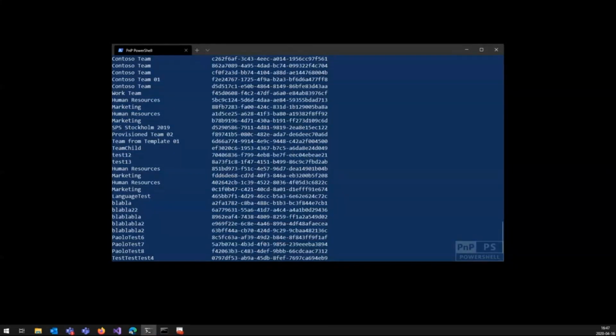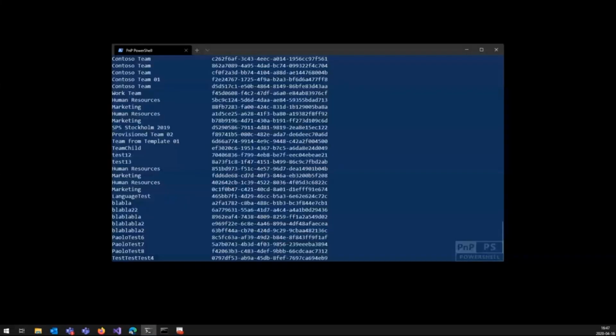What is this fixing? What was wrong in the old model? Just to recap for those who are not super familiar with the PnP PowerShell. Well, there's nothing wrong as such, but this will make your life just a bit easier. There's no credential management. There's a central way of defining what this specific app registration can do. An administrator could set this up for you, provide you with this information. You can connect to it. The administrator can revoke that access for you in a relatively central way.